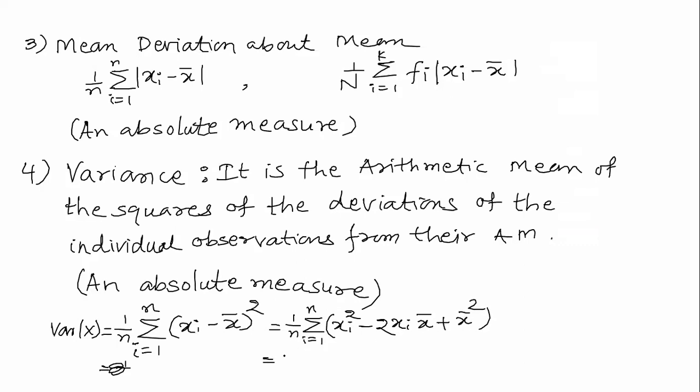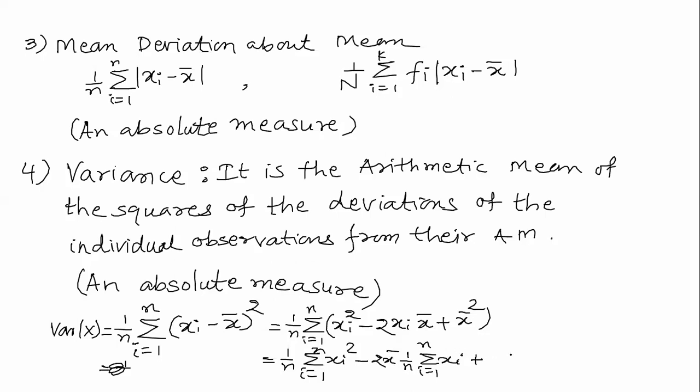Then if we separate all these things, 1 upon n summation of xi square, i running from 1 to n, minus 1 upon n, summation i from 1 to n 2 into xi into x bar